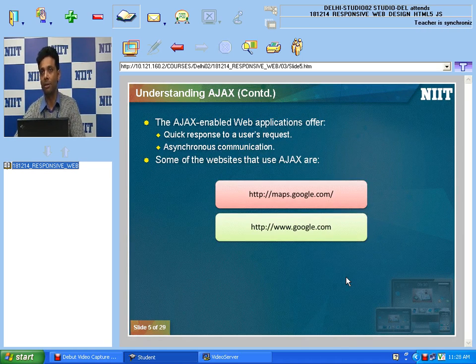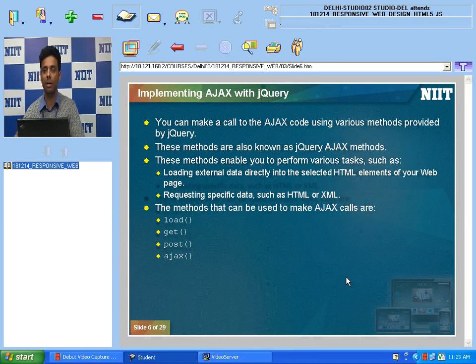For example, we have Google Maps. We have AccuWeather; we always check the weather from AccuWeather. We have the share market, the stock exchange. Okay, so let's see now how jQuery helps me to use this technique, Ajax. Whenever I use jQuery and I want to use this approach of Ajax, I have 4 different methods. The first one is load. I have get, I have post, and I have the Ajax method.